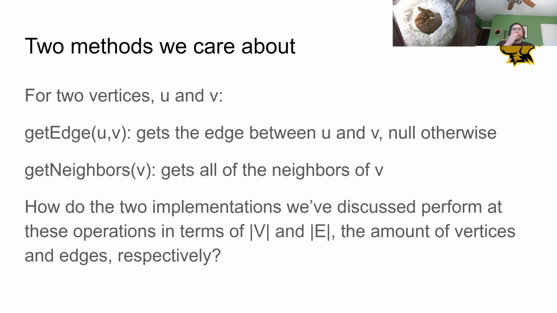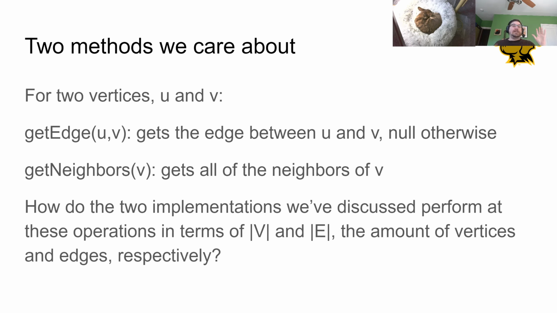Again, these would be neighbors that edges go out towards, all the places that you can reach from v. But here's what's really fun about talking about asymptotic analysis for these data structures: we don't just have a size, one variable to think about. We have two. We have the amount of vertices, which we write as |V|, the cardinality symbol. We have the number of vertices in our graph, and we have the number of edges,